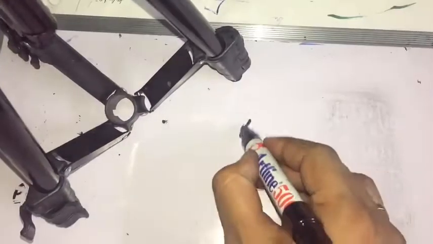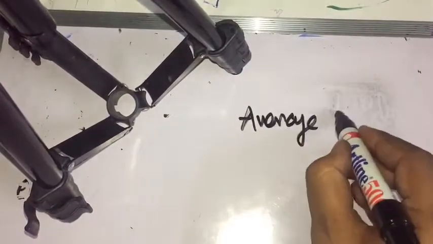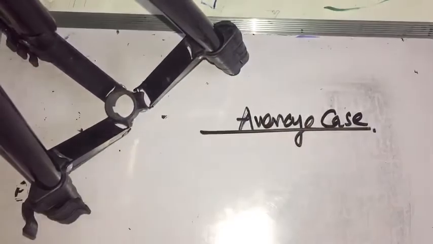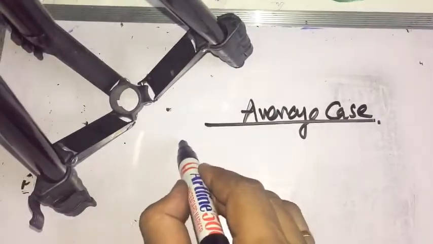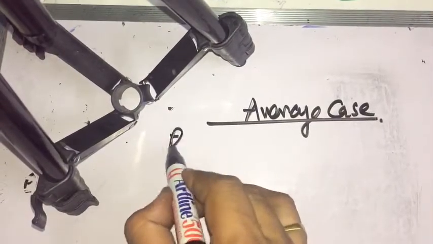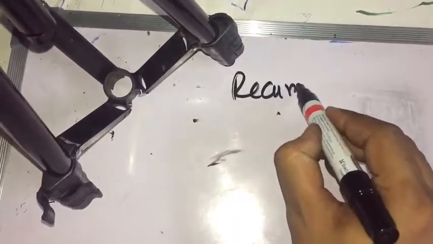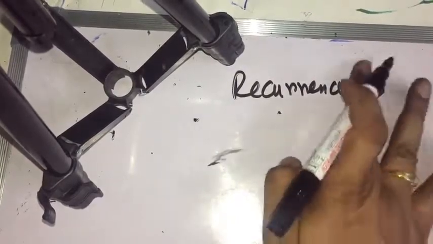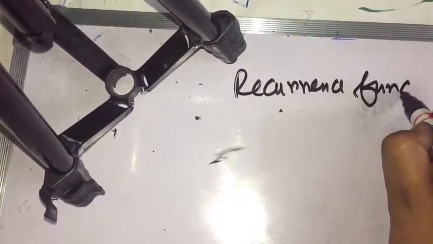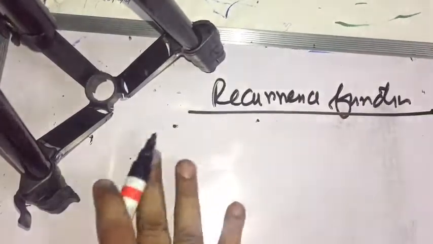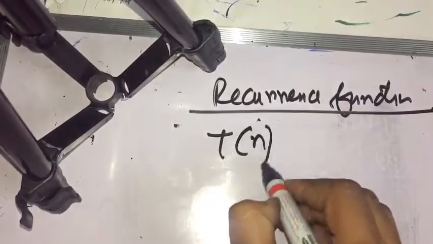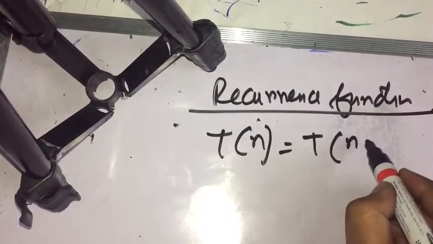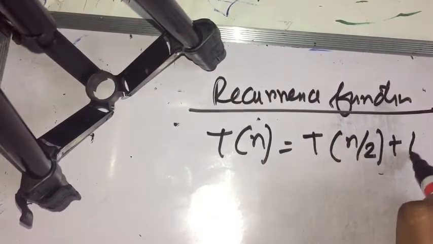Then we have to find the average case. What are the average case and worst case? The average case time complexity can be determined by the recurrence relation. In case of average case, a recurrence function can be generated. These are very useful techniques. That is T of n is equal to T of n by 2 plus 1 if